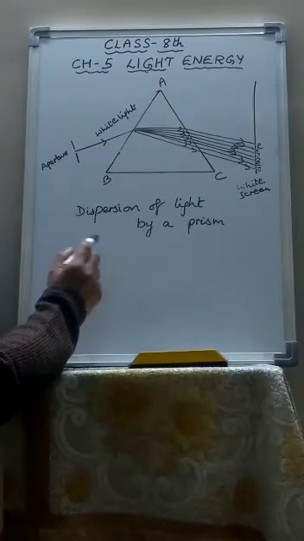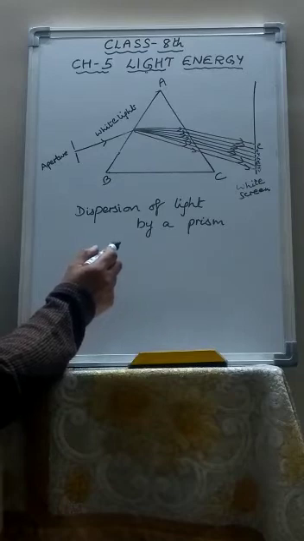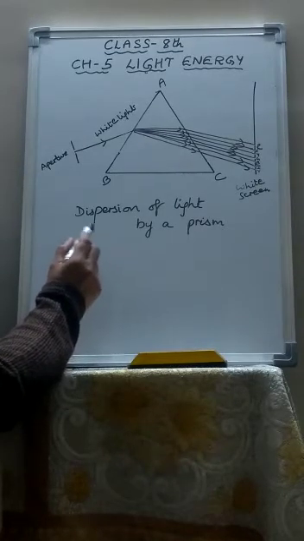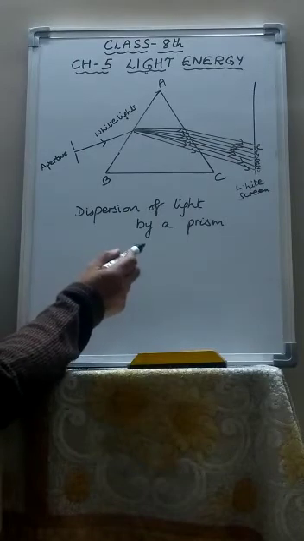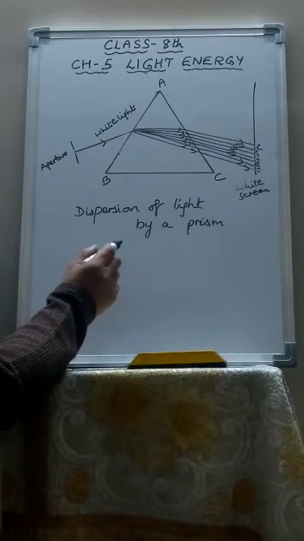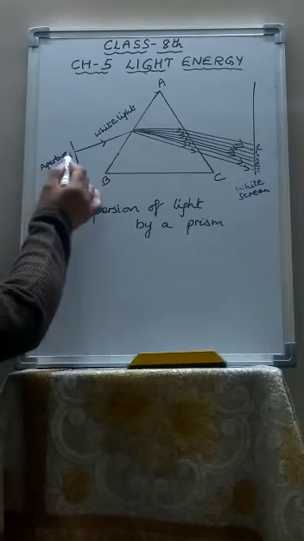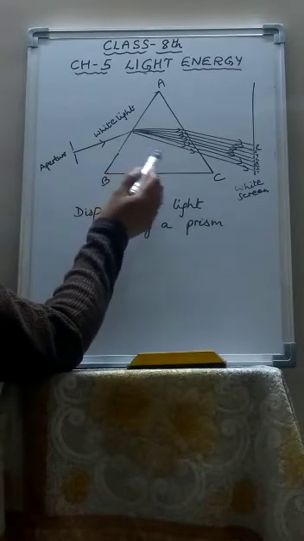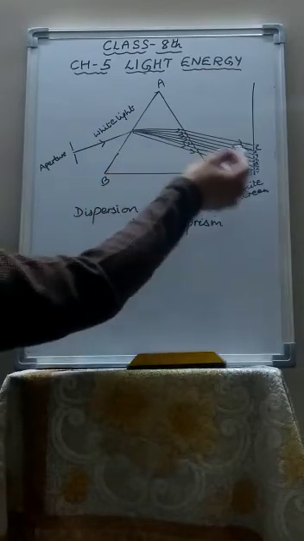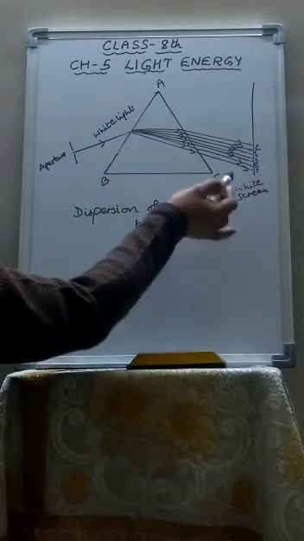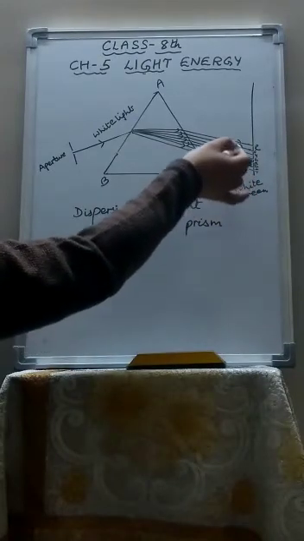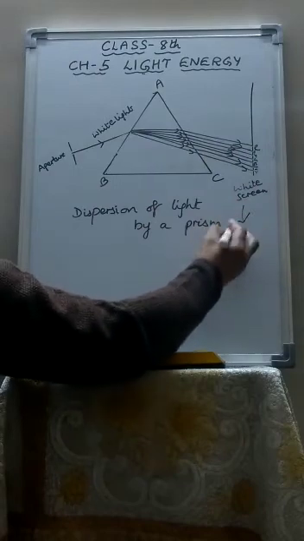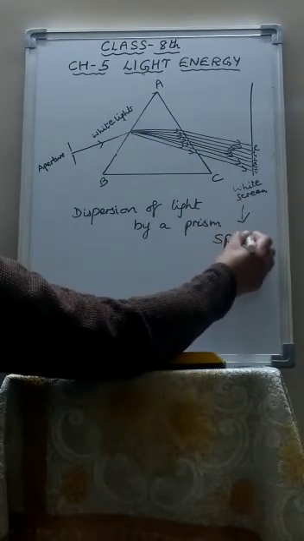Newton discovered the dispersion of light. He allowed white light from a small aperture to enter a dark room. From the sun the light was coming. Now he placed a glass prism in front of the path of the light rays. The light coming out of the prism was received on a white screen. On the screen, a colored patch like a rainbow was formed, and this patch is called spectrum.